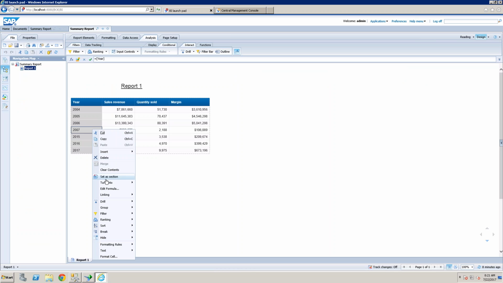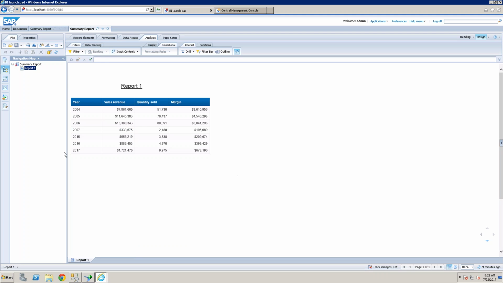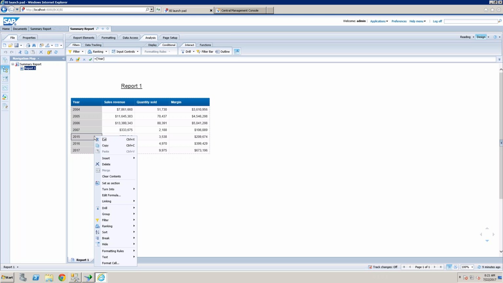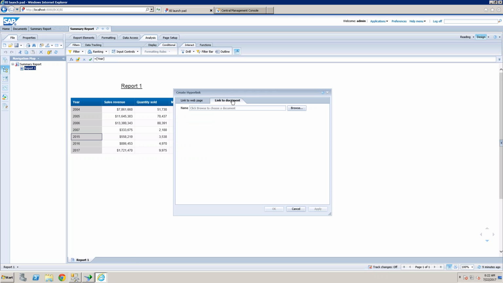Now I'm going to link a report. Right click here, element linking, click on linking. Currently this column is mapped to the year object only. Now right click here, click on linking, add element, hyperlinking. Here you can see the link document.